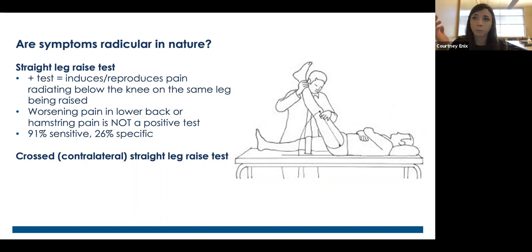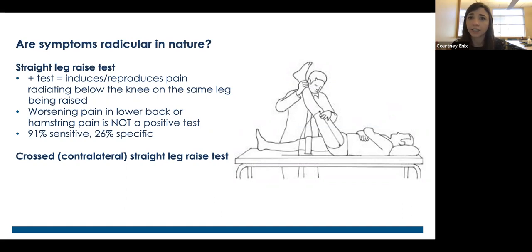So with the straight leg raise test, the patient is laying supine and the examiner will raise the leg up, extend it on the symptomatic side first, keeping the foot dorsiflexed. I tried to pick some sort of a figure that would show this as best. The really important aspect of this is to be really careful that the patient is not helping you lift their leg up. So I will say to the patient, give me all of the weight of your leg. Be a rag doll, because if they're engaging some of their muscle groups, it might not give you a true assessment of if they're having any sort of radiculopathy, right?